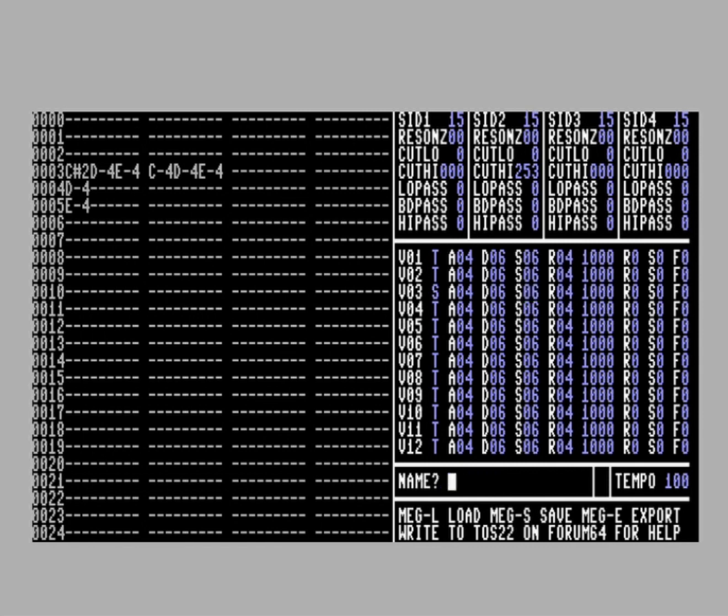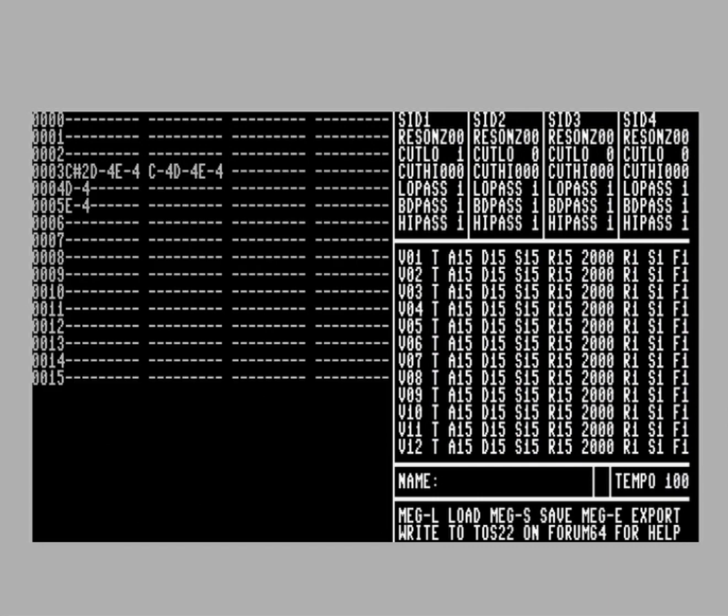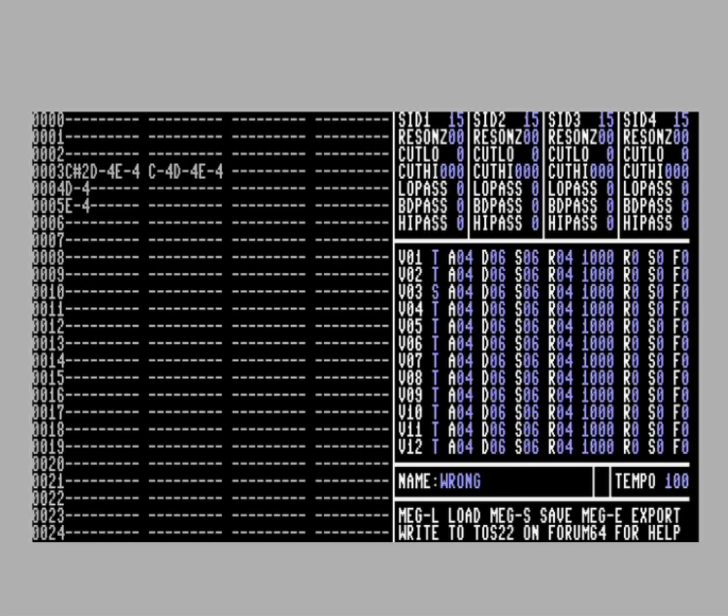And loading and saving data is done with the name section, and you can reach it by pressing the N key. So it just asks you a name, and for example I type in wrong because it's the name of the music file that is already on the TCC 15 disk. Enter return. So the file name is now entered,